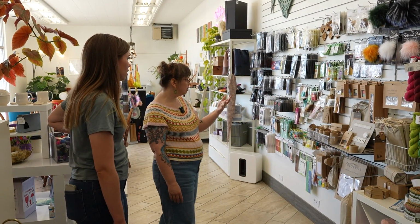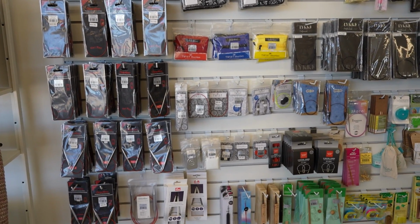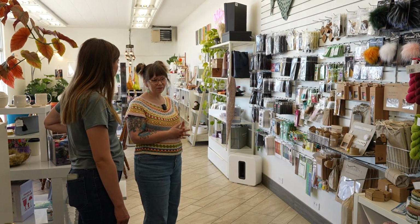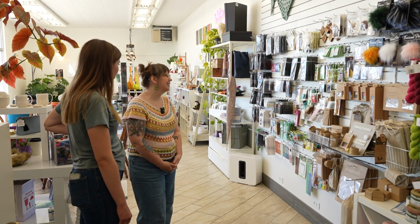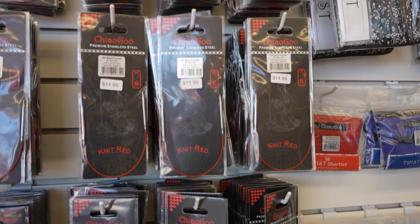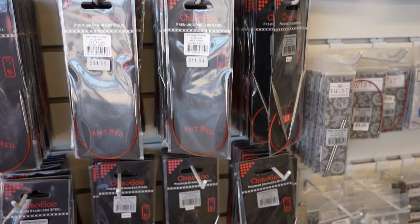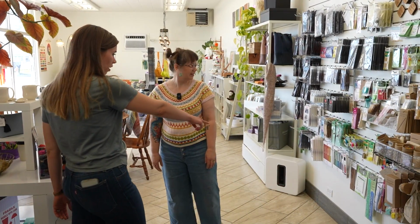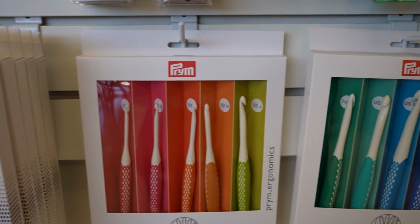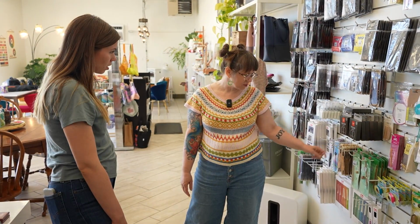And then here we have our notions wall. You have a lot of options. Just about everything you might possibly need or not need. Perfect. Our needles, we carry Lykke and ChiaoGoo, which is my favorite needle personally. I like those too. We carry those because I can sell them. And you have the ergonomic crochet hooks. Yes, I really like those. I don't know if you've used these little Brysp